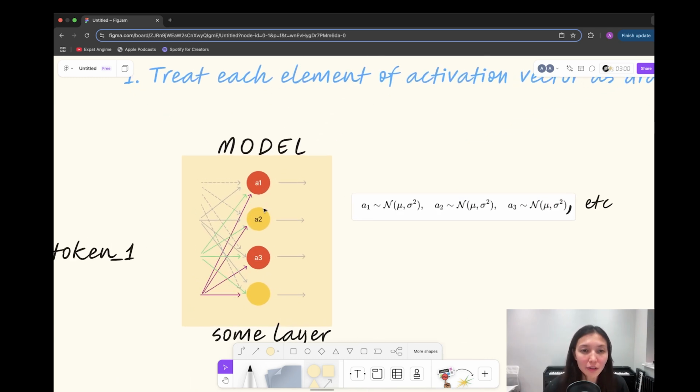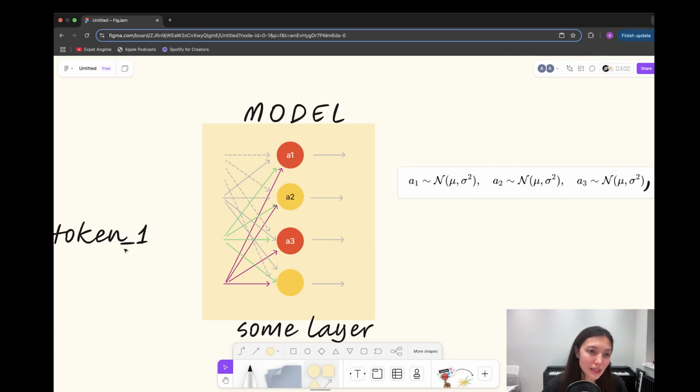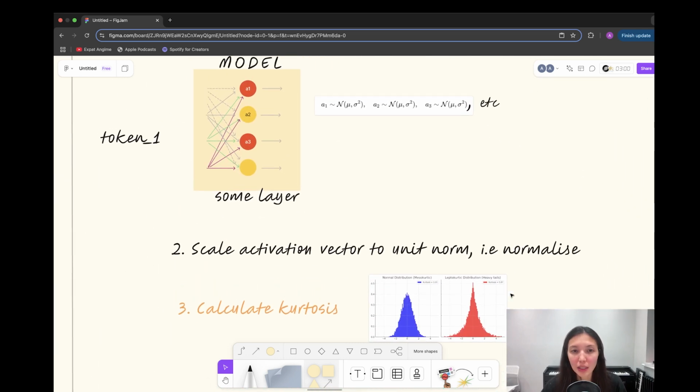So if for a separate token we have an activation vector a1, a2, a3, etc., then we can think that each of these elements is drawn from a Gaussian. Then, we scale the activation vector to unit norm,